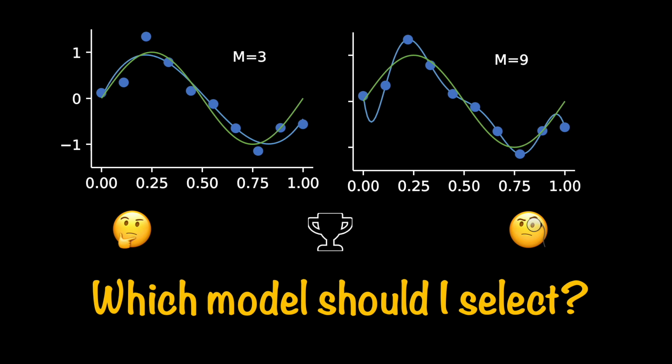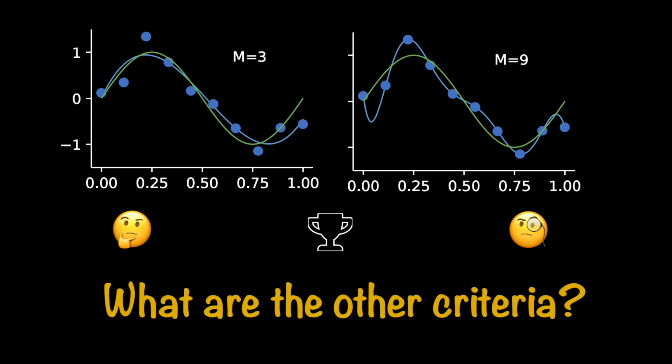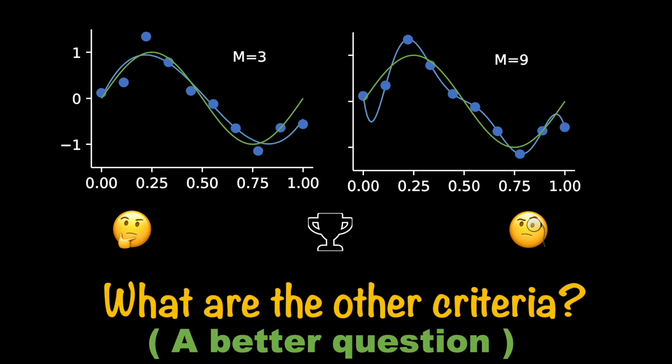We have a dilemma here. Which one is a better choice? Which one should I select? A better question to ask would be if there are some other criteria that we could make use of to make this decision. First and foremost, looking at just the plot to make a decision would not work if you have a multivariate data set. In other words, here we were able to plot the data because there is only one independent and one target variable. In the real world, you will have a multi-dimensional data set and visualization will not be able to help.